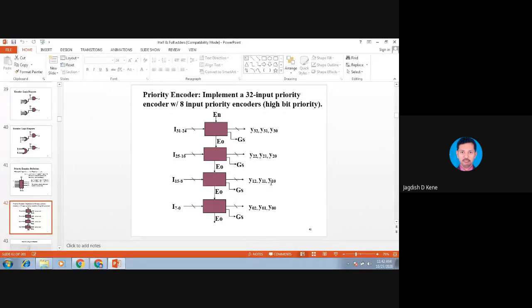But at the same time, I can send only 3 bits. It is designed accordingly. I can send only 3 bits, and these 3 bits are connected to the output port here. But we have to define it with the priority.